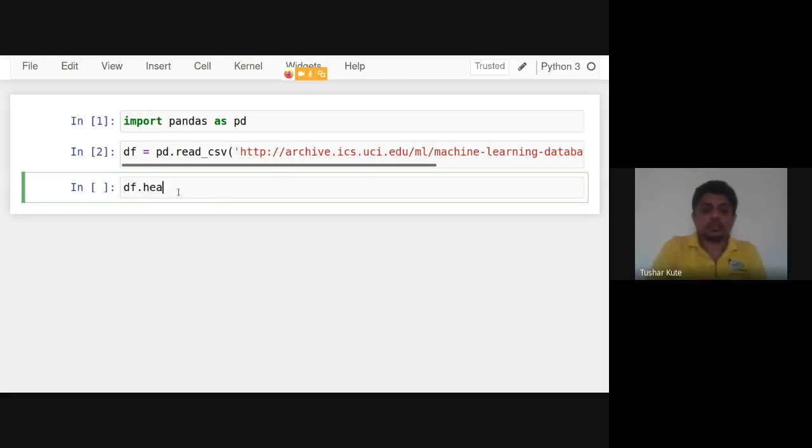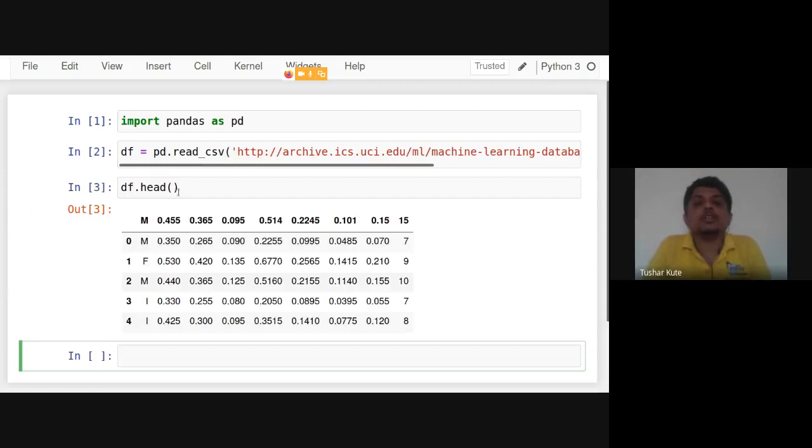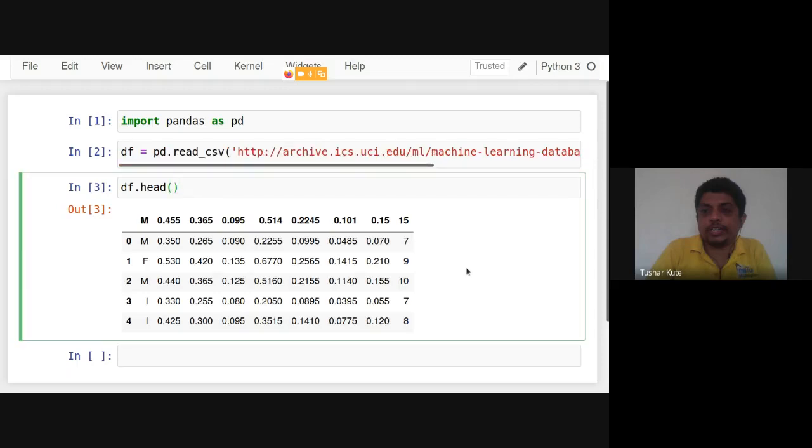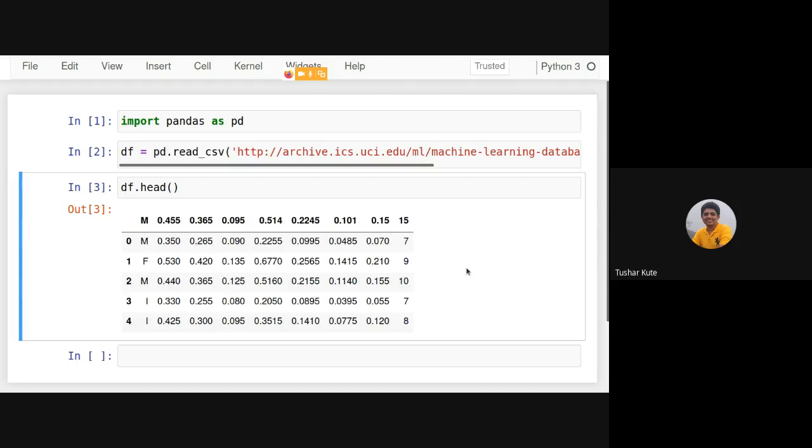Read it. See what data is presented there. The data does not contain the names of the columns. So the complete link I have copied and pasted here, the abalone.data file, and by the direct URL I have read it and printed it, but column names are not there.